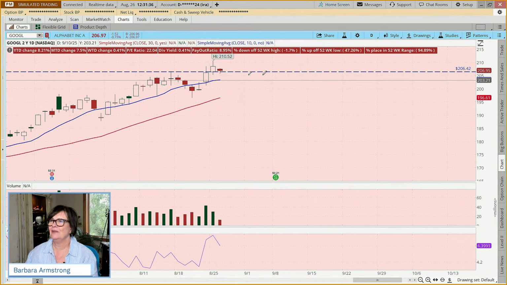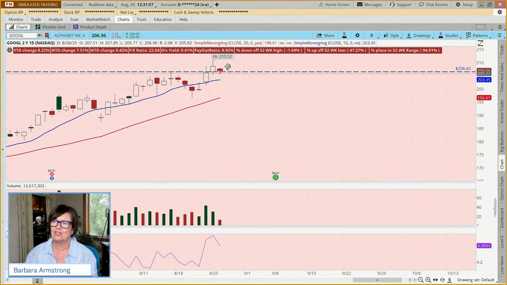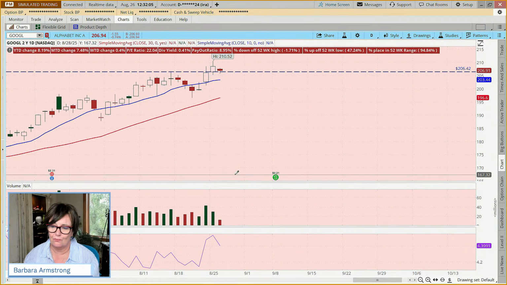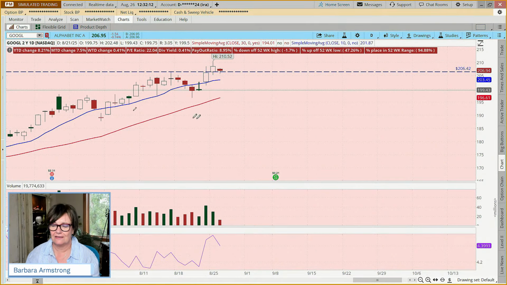Now today, and I just recorded a short video and it'll be posted within a couple of days. This is a Harami pattern where today's candle is totally inside the body of yesterday's candle. And at a ceiling or resistance level, this is considered to be a bearish configuration. So based on this, if the market closes with this pattern intact, the expectation is that we would see Google pull back tomorrow. So we may want to just exercise some patience on this.